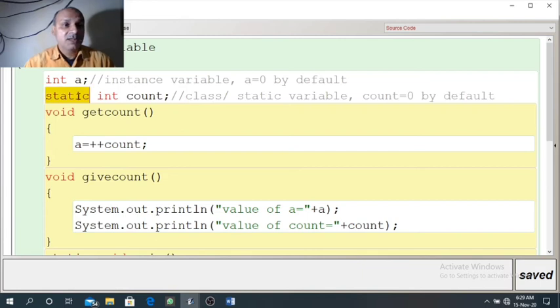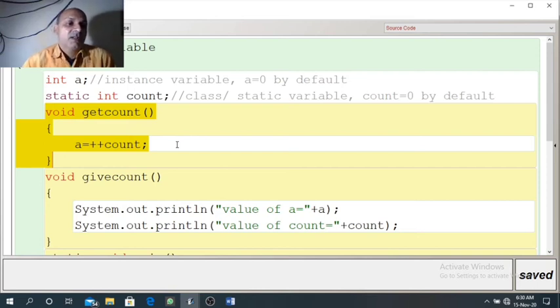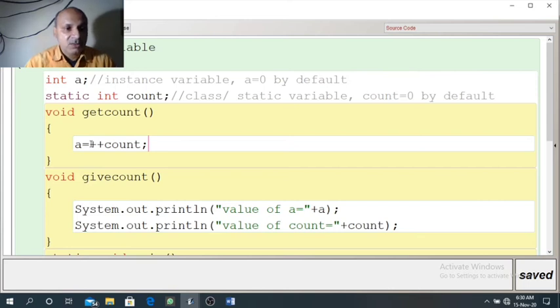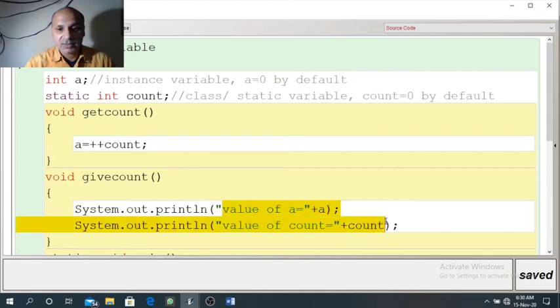Because of this keyword static, both will be initialized with default value 0 because they are global variables. Void getCount, we have one function. It will update the value of count by 1 and the updated value will be stored in A. So a simple statement: increment count and store the result in A. Another function: here we are printing the value of A and the value of count.